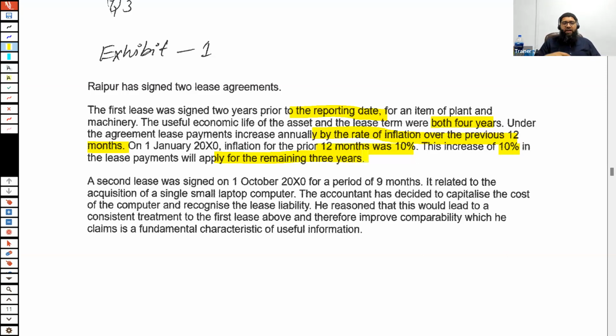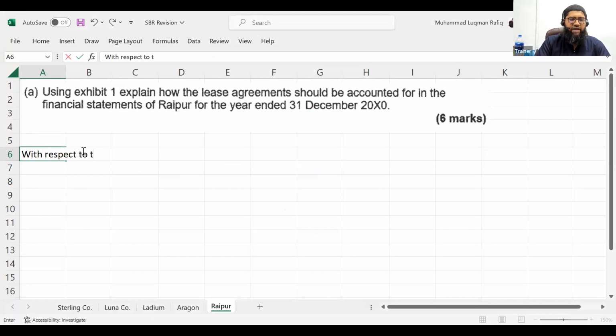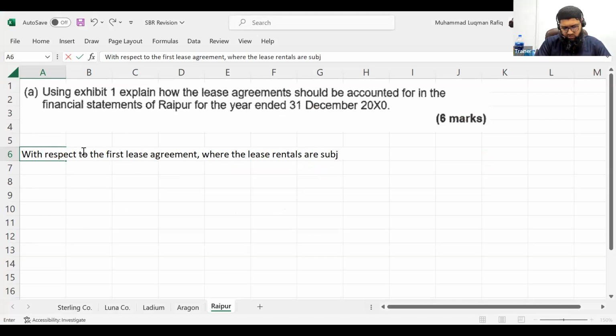Now, first of all, basically what happens is that the first lease was signed 2 years prior to reporting date. Useful life of the asset and the lease term is 4 years. Under the lease agreement, lease payments increase annually by the rate of inflation over the previous 12 months. On 1st January, inflation for the prior 12 months was 10%. The increase of 10% will apply for the remaining 3 years. So what happens is that with respect to the first lease agreement, where the lease rentals are subject to a 10% inflation,